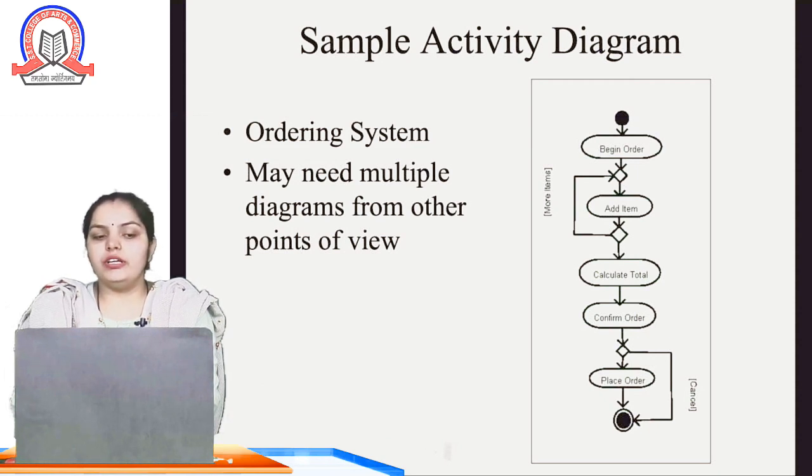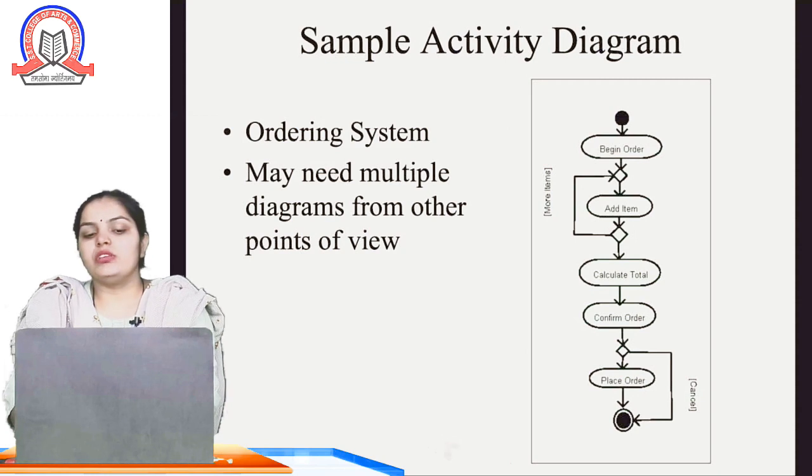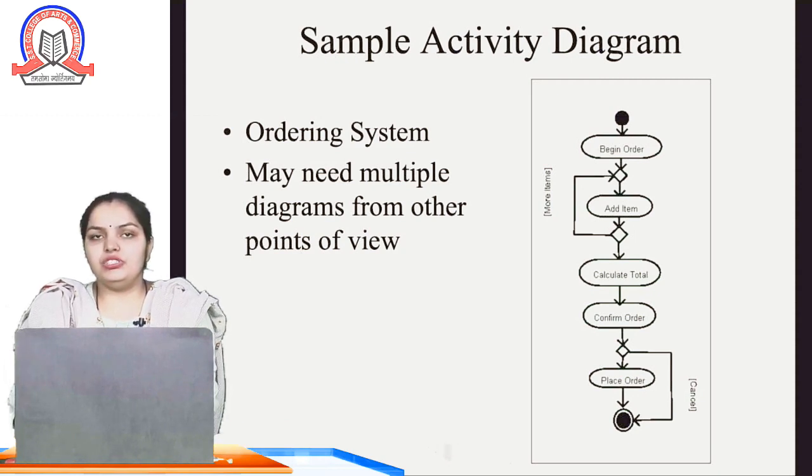So here is the ordering system, or food ordering system you can say. The filled circle shows the start of the information, and then you can see the round or oval shaped box which shows the information, and that square, or diamond, shows the different conditions. So jump conditions or decision making will be there, just like different types of loops.